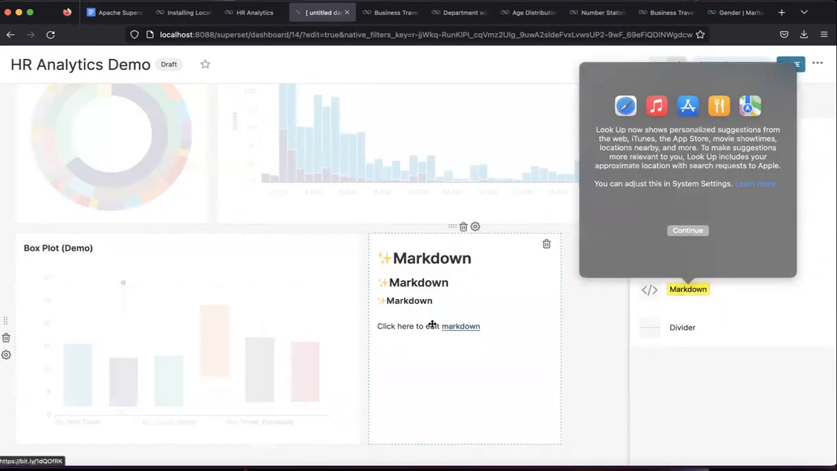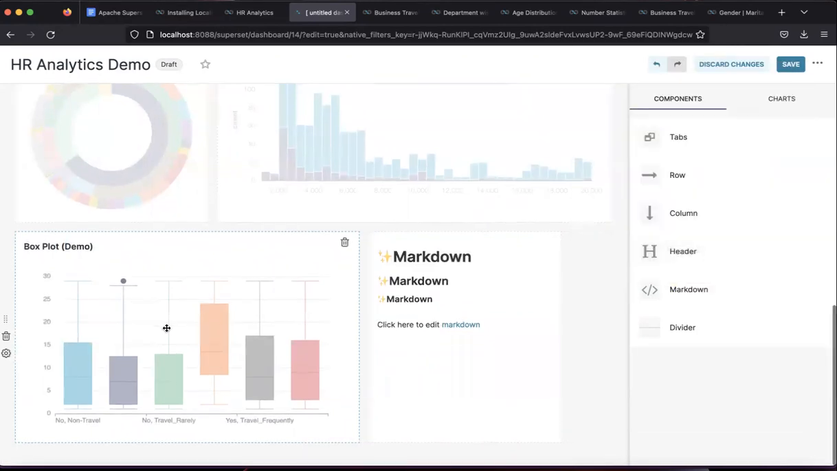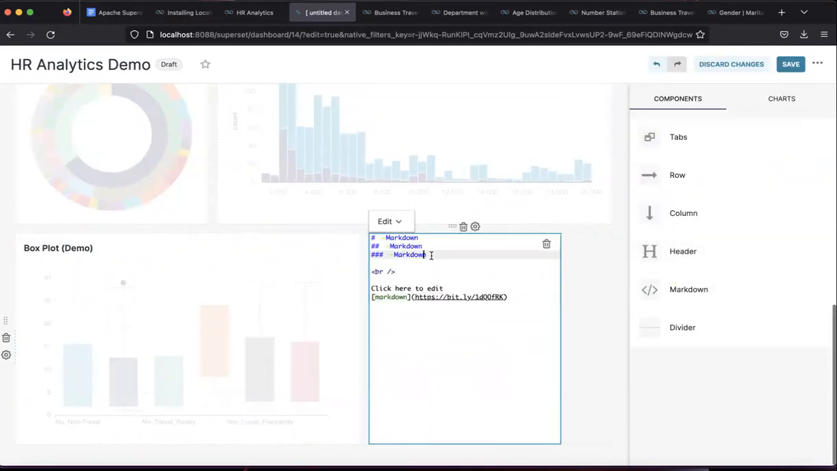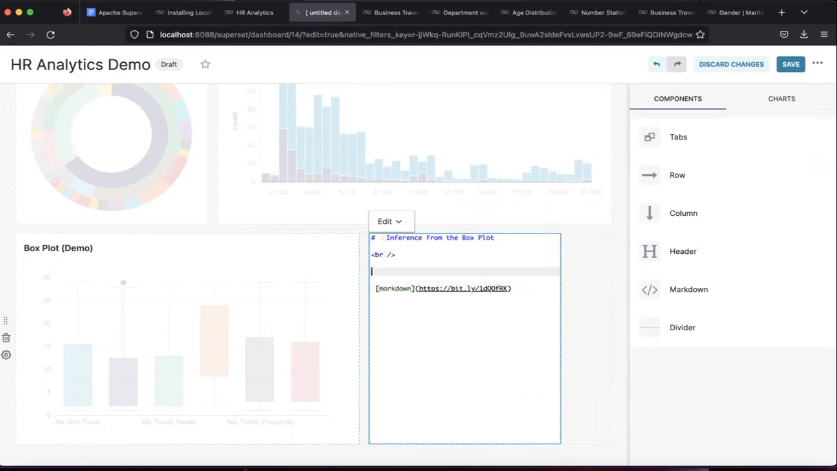Markdown is basically if you want to explain or describe a particular chart. So let's describe this box plot. These are basically headings. So, inference from the box plot. You can write anything, I'm just giving you an idea. And here you can write, this box plot clearly indicates the differences among these statistical measurements, between